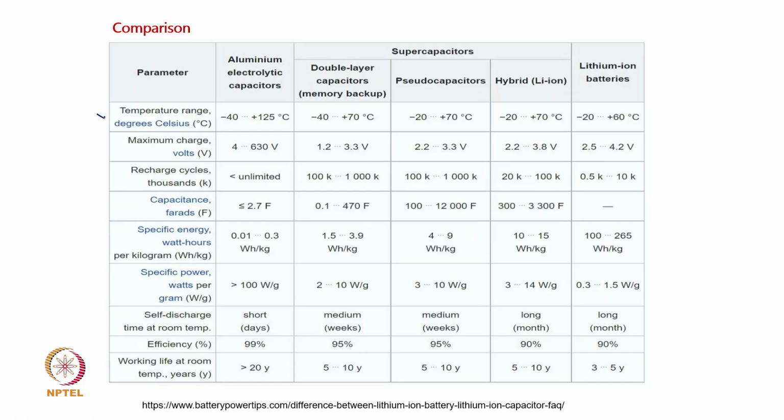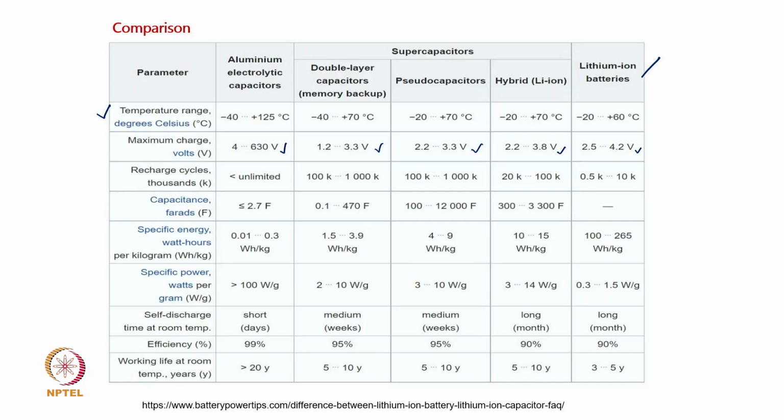So, let us look at some important characteristics in terms of the capacitor, supercapacitor and lithium ion battery. So, you can see there are a few parameters. The temperature range is an important parameter, because all working devices are active in a particular or typical temperature range. Okay. So, you can see that this is the aluminum electrolyte capacitor, this is EDLC, this is the pseudo capacitor, and this is hybrid, and then this is lithium ion battery. So, if you look at the temperature range, their working temperature range is more or less the same for all the devices. Okay. And then if we look at the maximum voltage of operation, capacitor is quite high, and then supercapacitors and lithium ion battery are in almost a similar range.